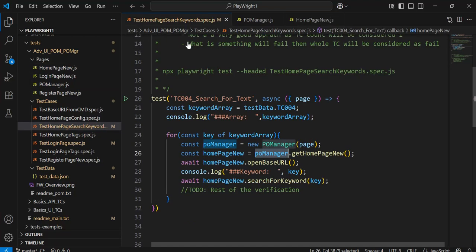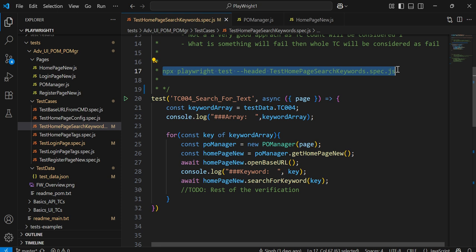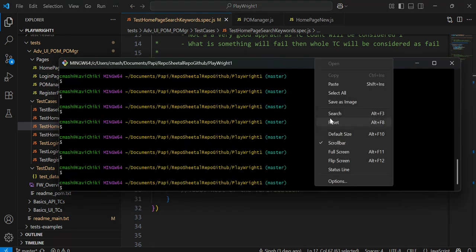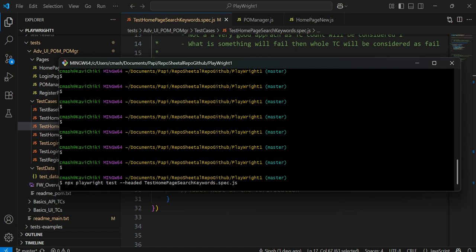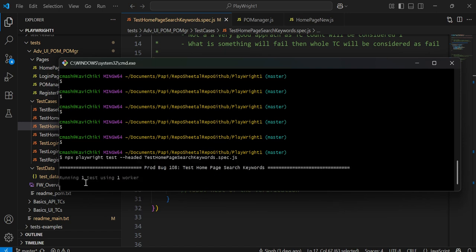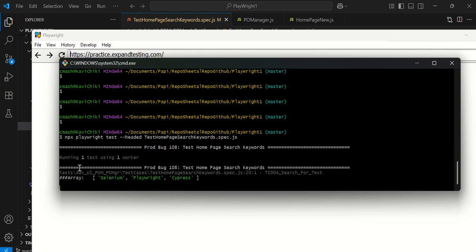Okay, so what I'm doing: we have opened the base page URL here, then we are printing every key one by one, and we are searching for the keyword, and the verification part I have not done. Okay, so you can add it according to your website. So let's try to run and see the result, and especially the reporting part, because everything is there only. Okay, what I want to show you. So observe that we run this particular command. You can see here,